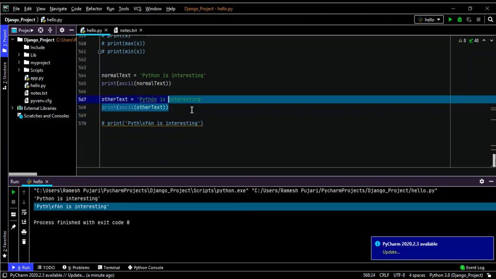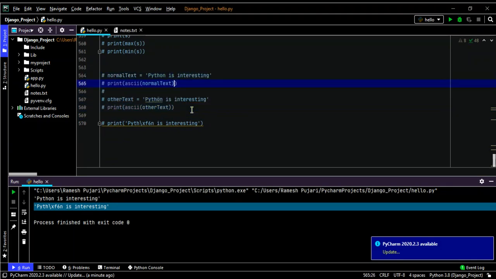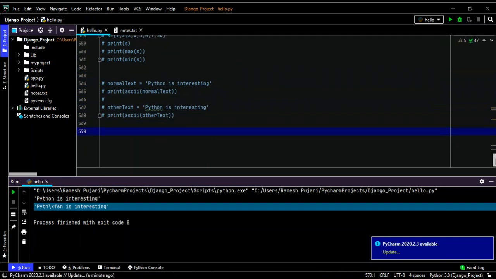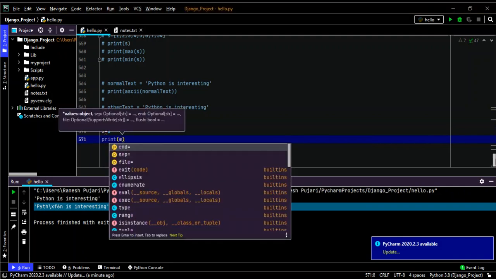As of now, I will comment this code. So x is equal to some value I will take, and I will print eval of.